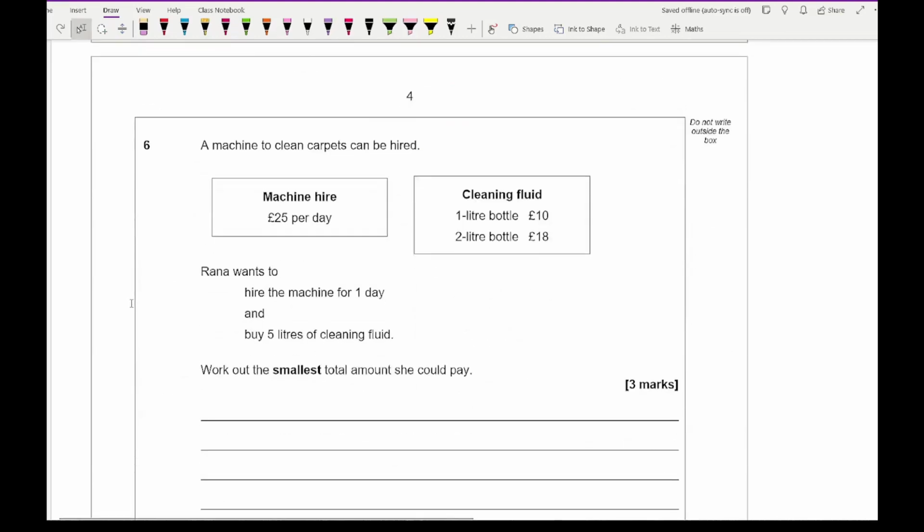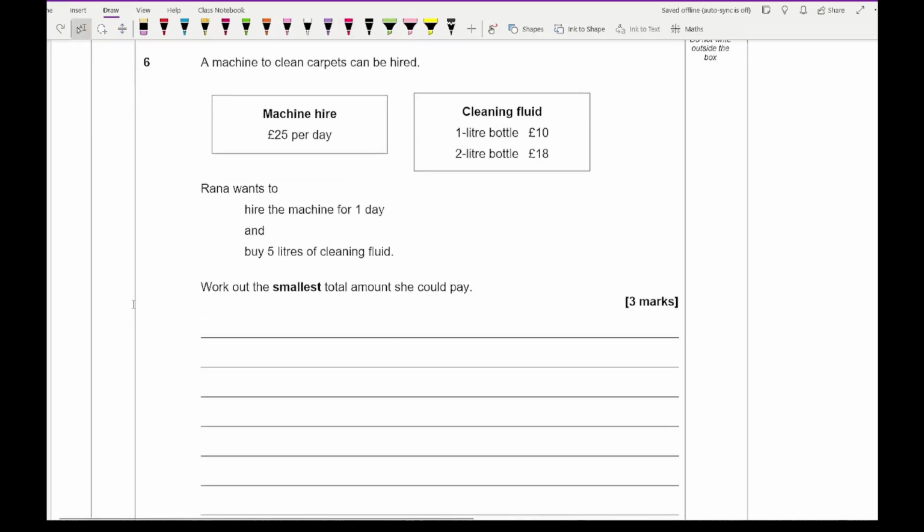Now moving on to question 6, it says that a machine to clean carpets can be hired, and we've got the machine hire price per day, and we've got the cleaning fluid. It says Rana wants to hire the machine for 1 day and buy 5 litres of cleaning fluid. Work out the smallest amount that she could pay. So the total amount